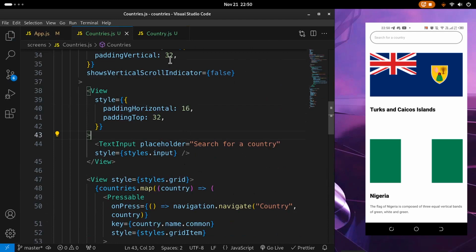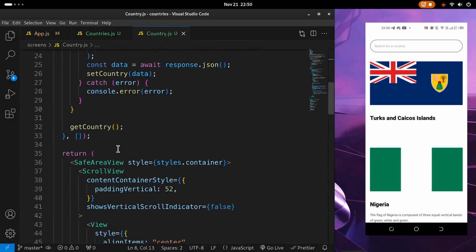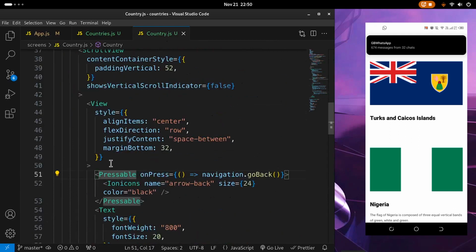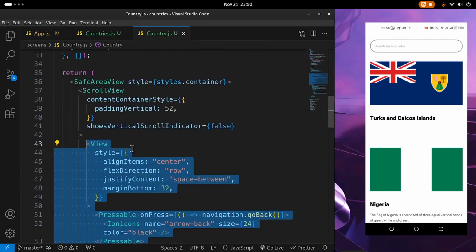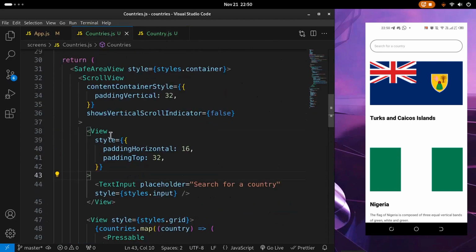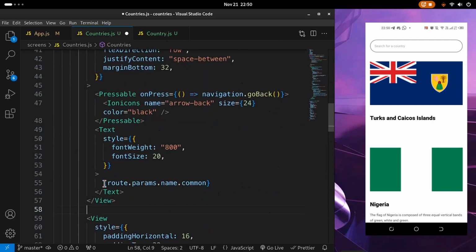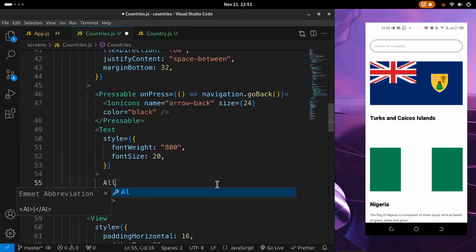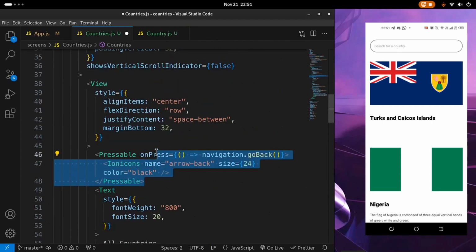And then what we need to do is we need to have something similar to this view and this principle. So this entire view really. So copy it, don't cut it out, copy it. And then inside our countries, right below the scroll view, we're going to paste this in, but we're not going to be rendering this. Instead, we're just going to say all countries,